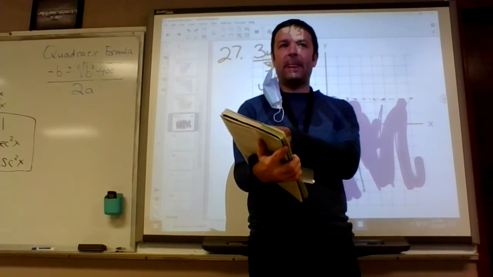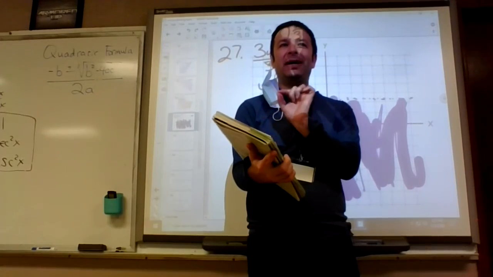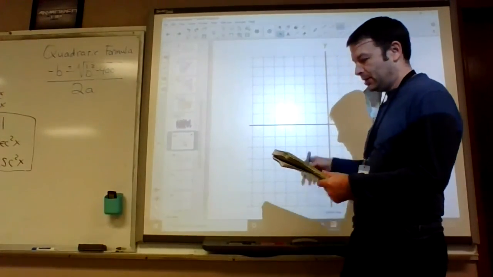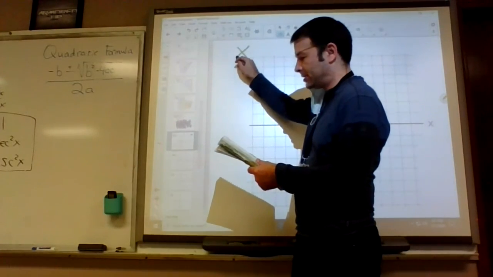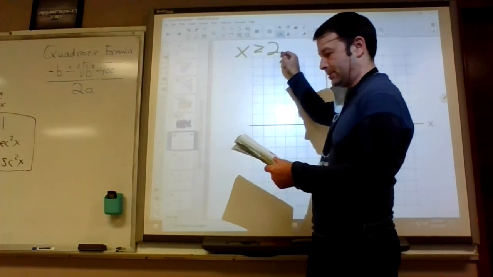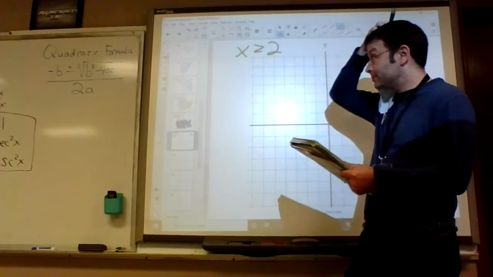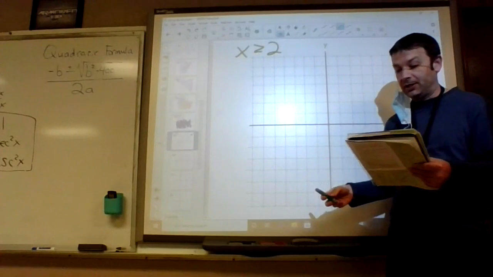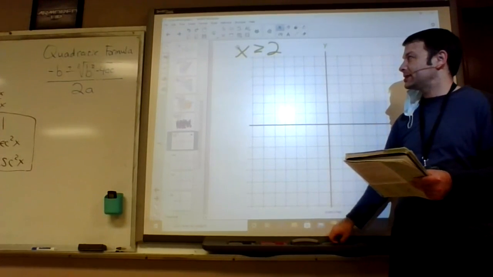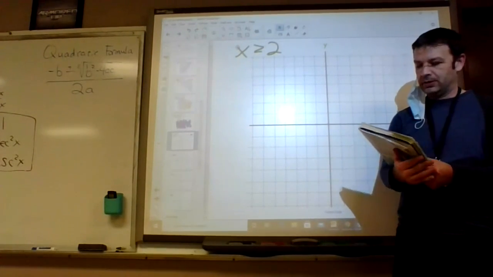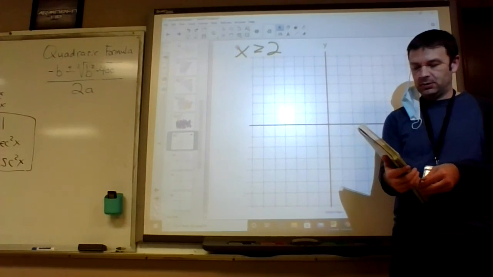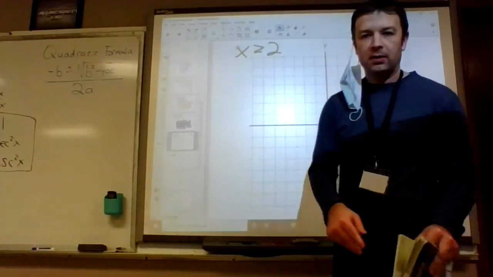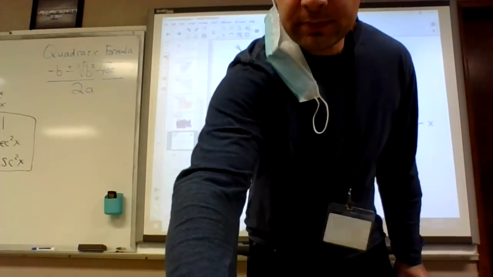Okay, on 28, I'm not doing it, but what should we do first? Divide by -1. When you divide by -1, the inequality switches. So it's actually x is greater than or equal to 2. Number 28 is a lot like number 17, basically, because it just has an x. Okay, your turn. Good luck. So on the x-axis, you just